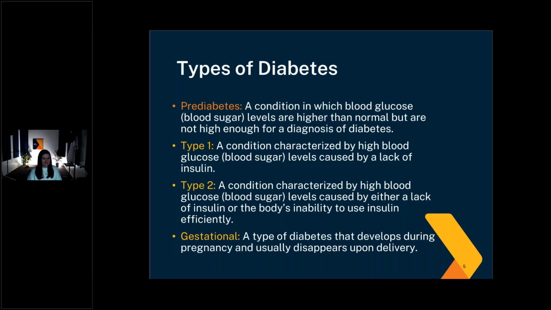I added pre-diabetes. No, it's not diabetes, it's pre-diabetes, because that is really relevant to what we're going to talk about today. This is a condition in which the blood glucose, which is your blood sugar, is higher than it should be, so higher than a normal value, but not quite high enough yet for a diagnosis of diabetes. People with pre-diabetes are at increased risk of eventually developing type 2 diabetes. They're also at increased risk for heart disease and stroke, so it's absolutely an area of focus.